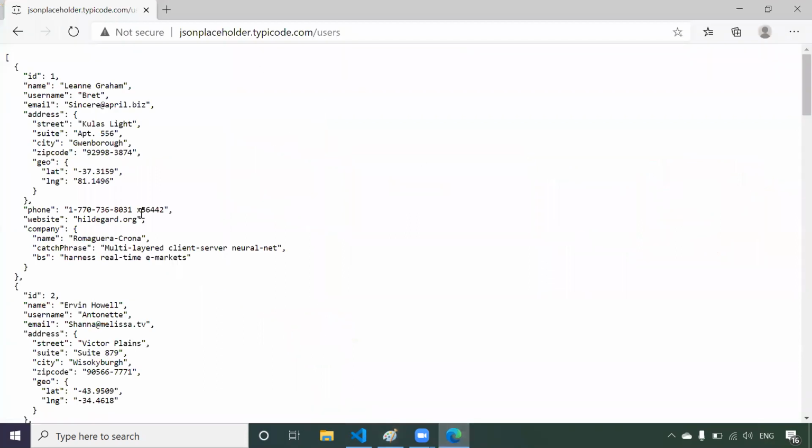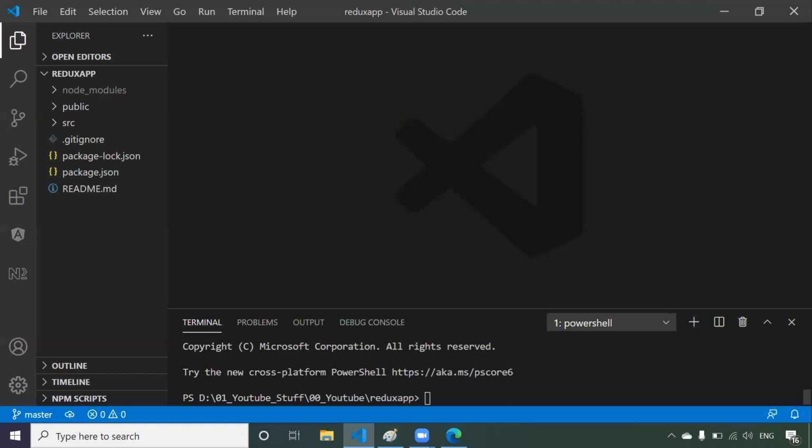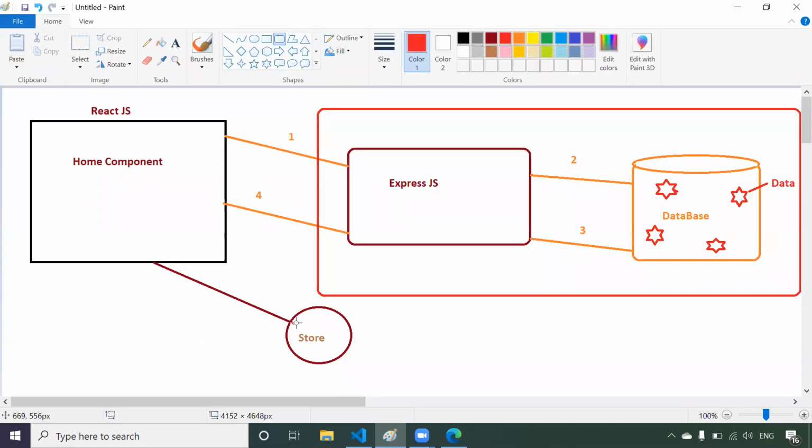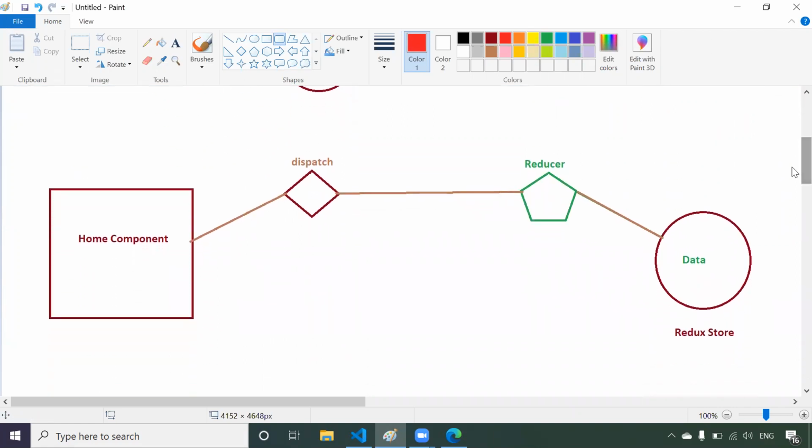So you are going to get this particular JSON format. Once the home component gets that JSON data, it has to store that data in the Redux store. So for that, we are implementing this. We will be sending a request to a server by hitting that users URL so that we can get the data. Once we got the data, then we have to implement this flow. So first of all, let us implement this flow step by step.